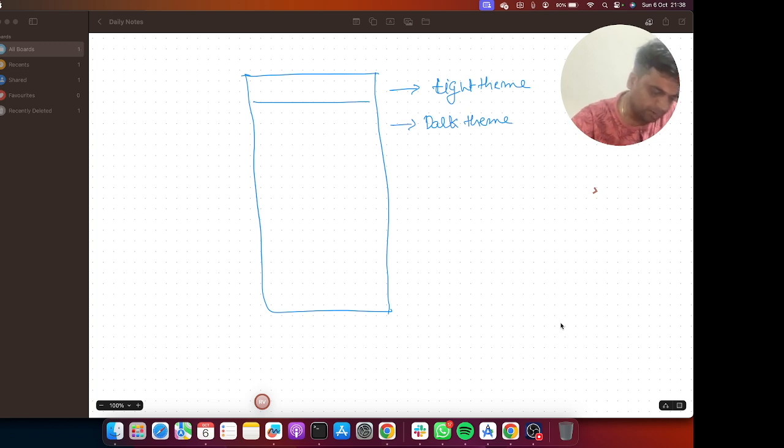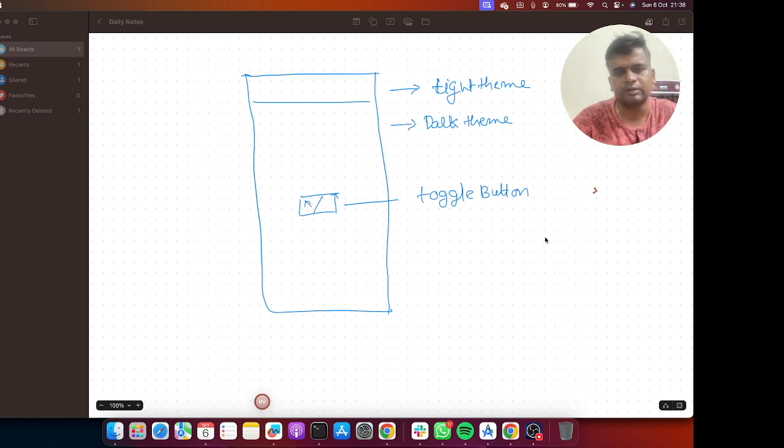And there will be a toggle button. When a user clicks on the button, it will change the theme.